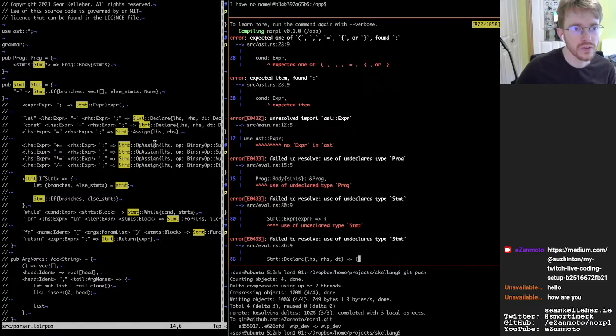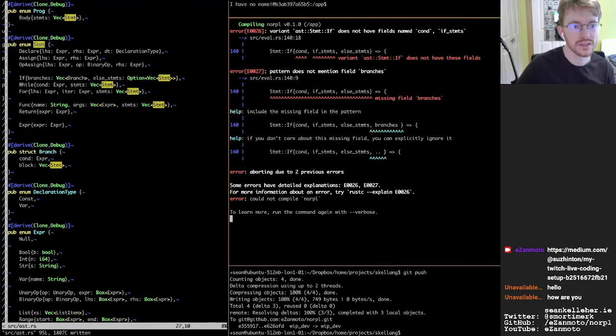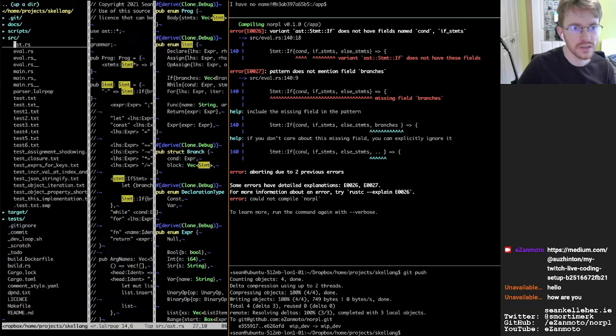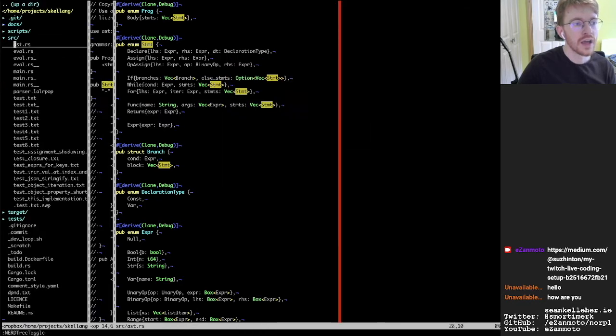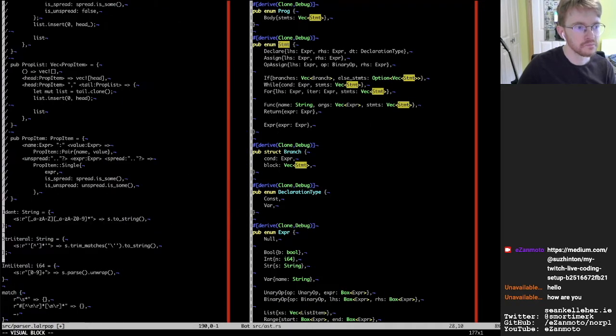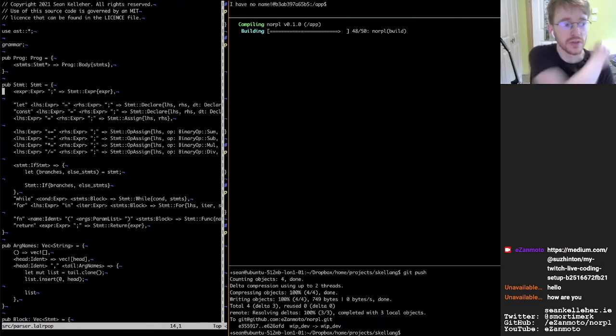Not making things easier. So yeah, it seems like the root issue is in the AST. It's just that it took me forever to find it. Okay, I declared this as an enum instead of a struct. I think that was it. That was a tricky one to debug. It could be worth